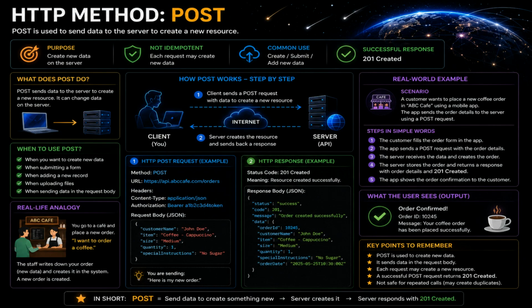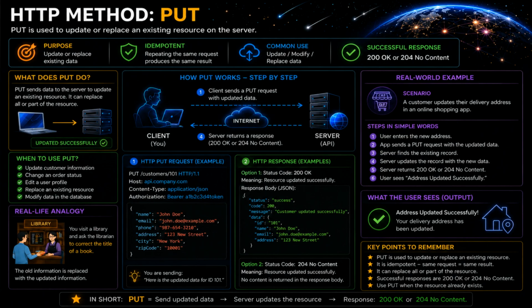The POST method is used to create new resources on the server. When you submit a form or place an order, you're sending data via POST, which typically results in a 201 Created status, confirming your new record is safely stored. Now let's discuss the PUT method. PUT is used to update or replace an existing resource on the server. Because it is idempotent, repeating the same request will produce the same result, making it a reliable way to modify